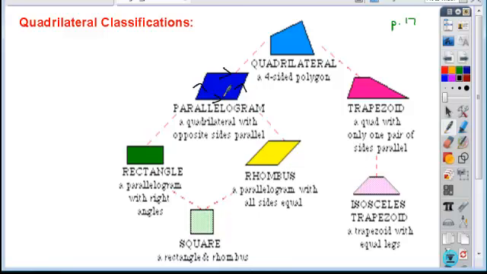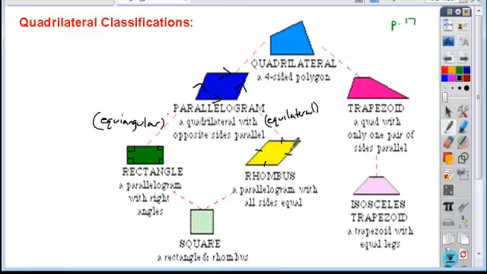All right, if you take a parallelogram that is equiangular, an equiangular parallelogram is called a rectangle. That means all of its angles are the same, which happen to be 90 degrees. And if you take a parallelogram that is equilateral, you have a rhombus. A rhombus means all of the sides are